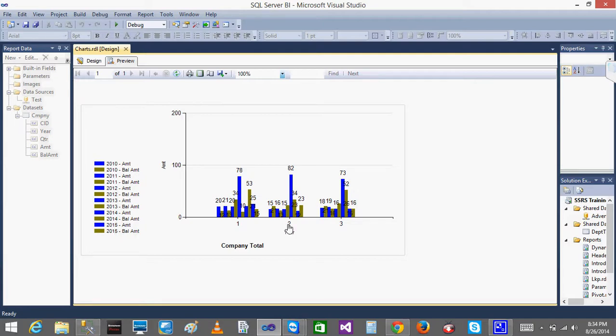See, for the same quarter 2 and quarter 3, because 2015 is there only for quarter 1, right? You will not be getting 2015 for the other quarters. So you will not be getting anything there. Are you able to get this?